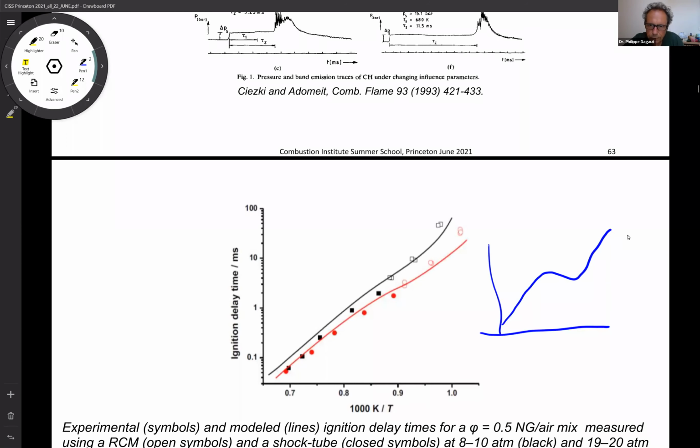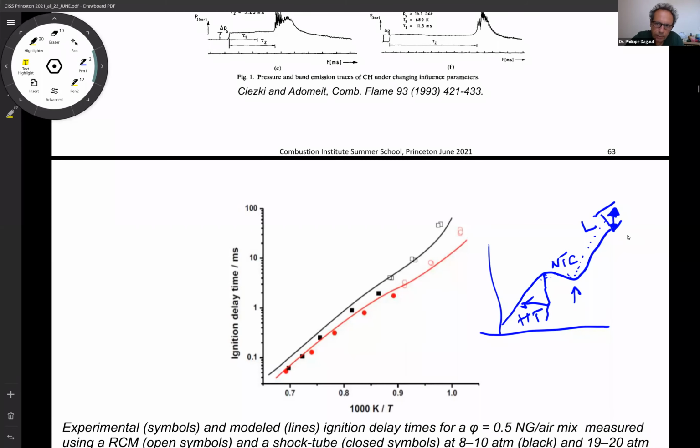Here we are, this is the cool flame and the negative temperature coefficient here. And then we are in the high temperature regime. And it's rotated. So the models initially were around here, and then it was okay. But here there was a gap, and they tried to reduce this gap, and I'm not fully sure that it's always reasonable, because